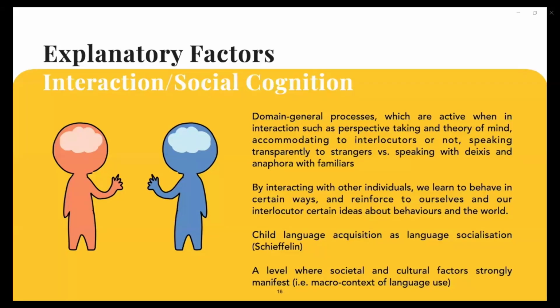We sometimes choose to, let me start again. When we're speaking with people we're familiar with, we know that that person shares a lot of the social context with us. We speak with a lot of deixis and anaphora with familiar people. But when we're speaking to strangers, where we think, this person might not know the context very well, we might do a lot more context setting, foregrounding of information, these kind of patterns of interaction based on our assessment of our interlocutor.